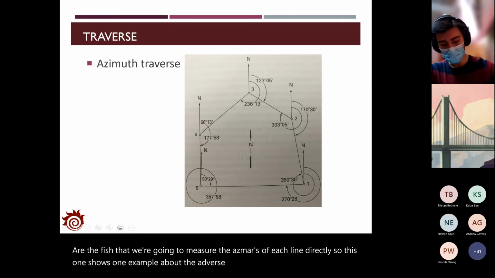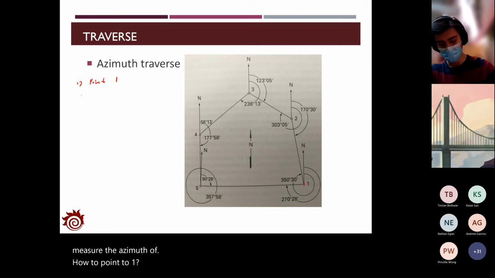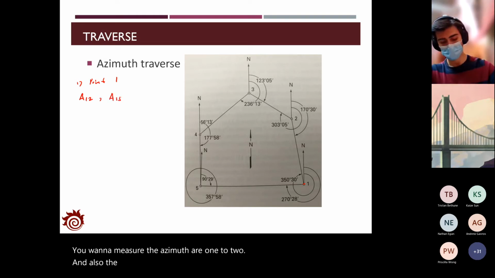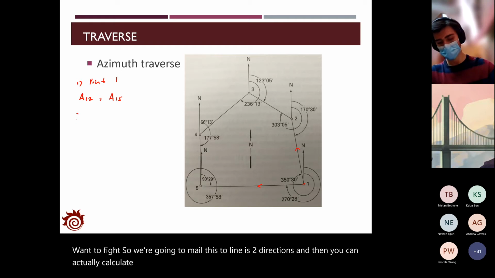For example, at point 1, you're gonna measure the azimuth of 1 to 2, and also the azimuth of 1 to 5. So you're gonna measure these two lines, these two directions, and then you can actually calculate the interior angle alpha